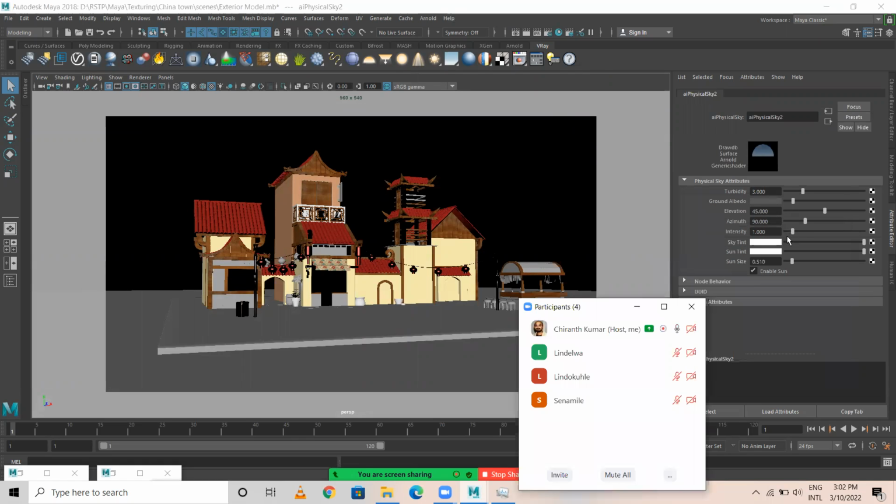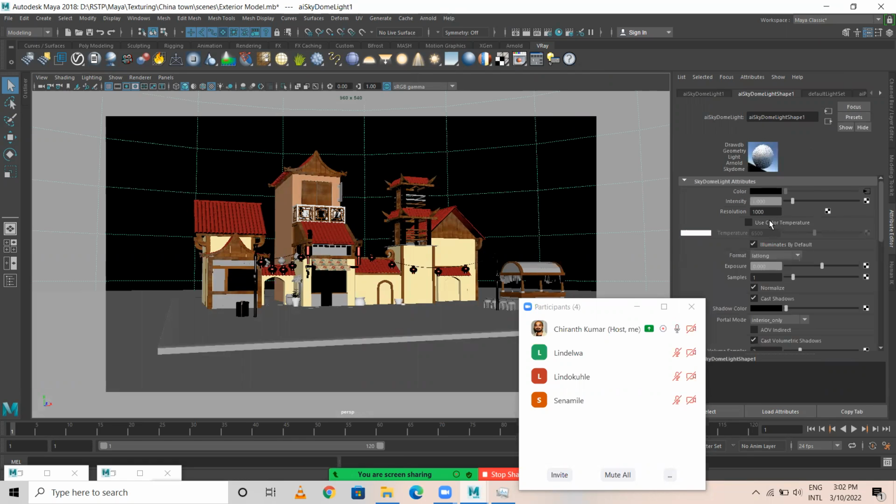In physical sky, I'm going to increase the intensity so that more brightness is there. And here, if you want a day scene, that's the difference. If you use a color temperature, you get to work on day scene, night scene, and all. Okay, so it is something like this.